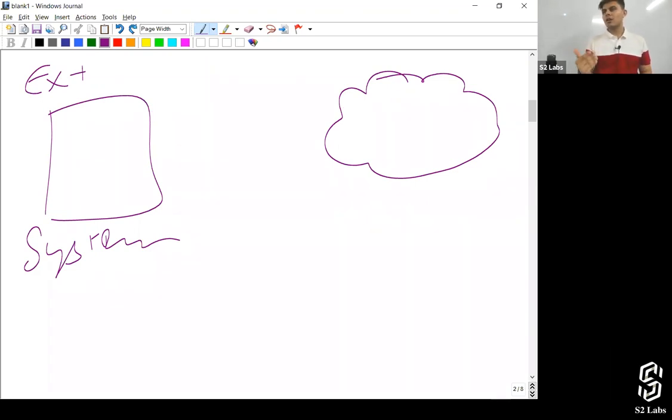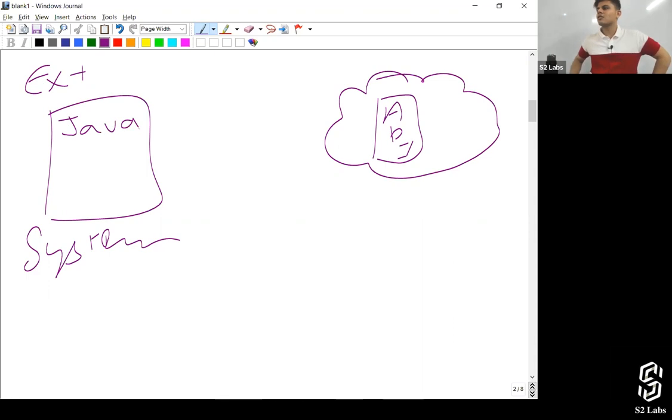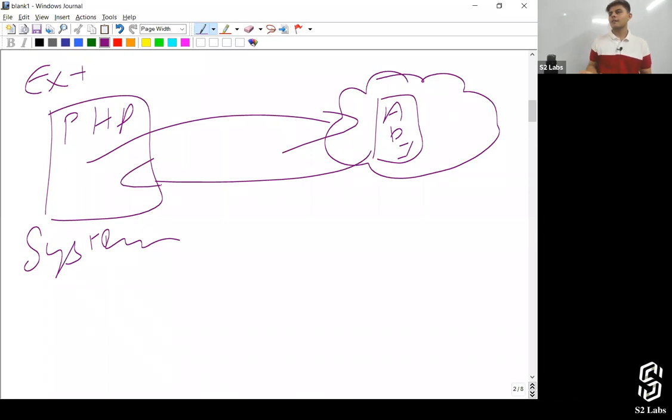Before moving to Apex callouts, I want to explain something. In this external system, up till now we were using Postman to make mock callouts. But when we make actual callouts, if you create it in Java, then Java has a specific syntax, specific classes and methods, using which you can make a callout, request something, get the response and parse it. If you're making it in PHP, or a MEAN stack or something in JavaScript, you can make a callout to this API, get the response, parse the string, and do whatever you want over there.